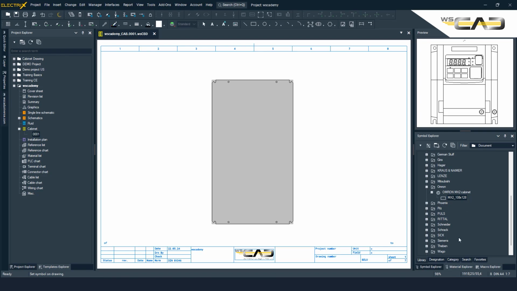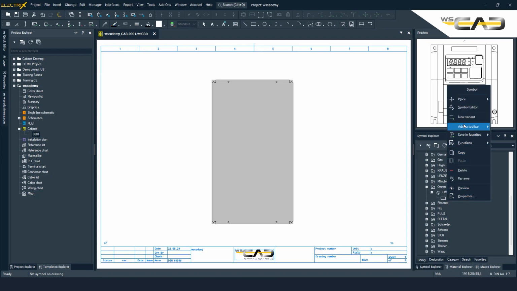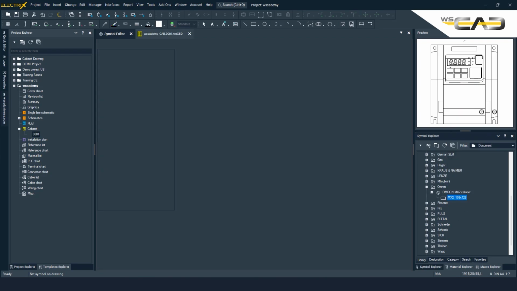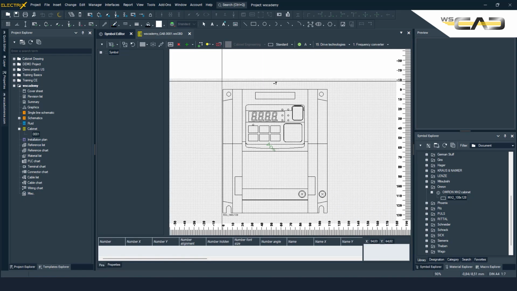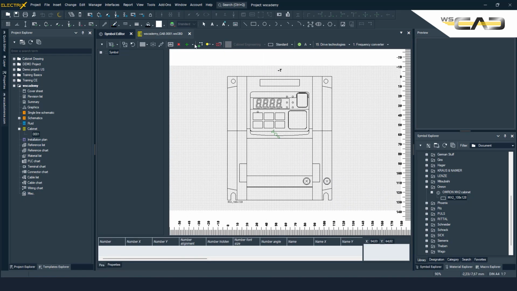I will now take the existing symbol of a frequency inverter into the symbol editor as an example. Here at the top we find the green plus sign. And if we expand it, we find drill holes, for example, for the usual 22mm door installation devices. Threads, if the thickness of the underlying element, such as the door or mounting plate, allows that threads are cut